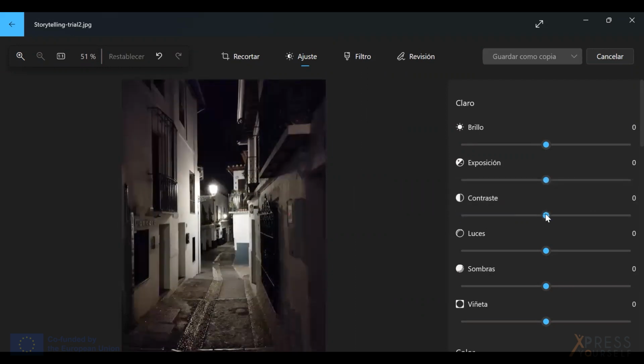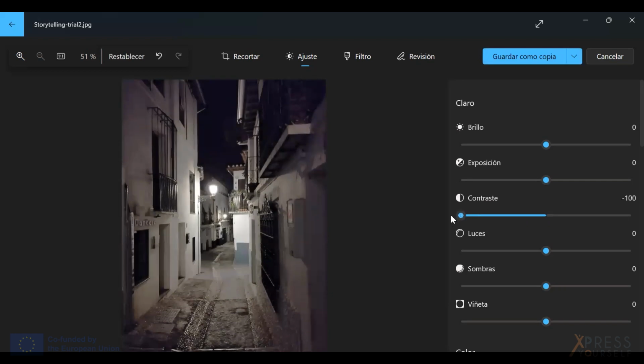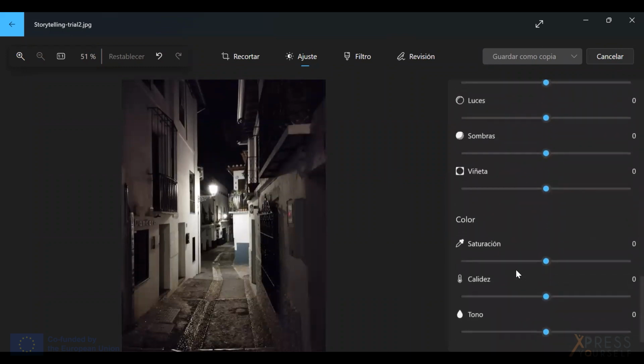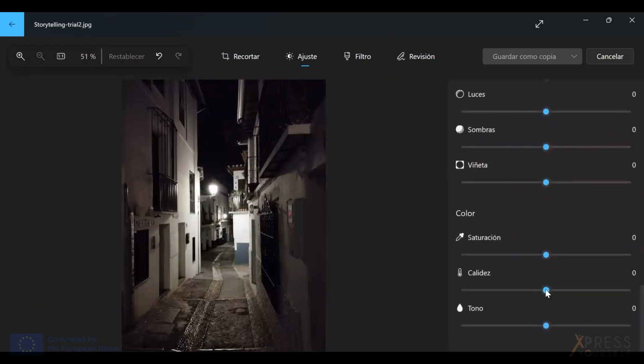You see here that the camera took all the details, but without enough light because the photographer didn't use a flash or any other source of light. So I can make it lighter here, right? This is the white balance, I guess.